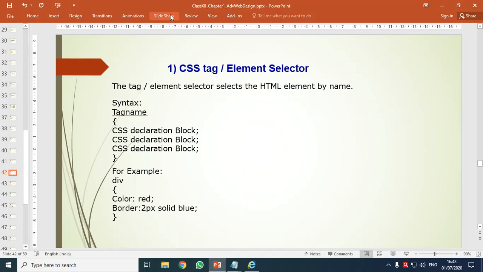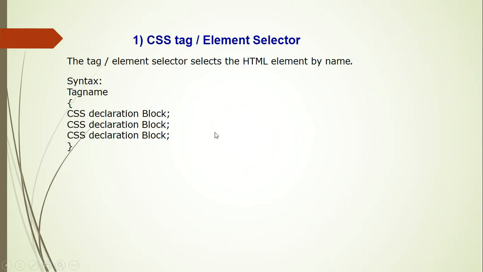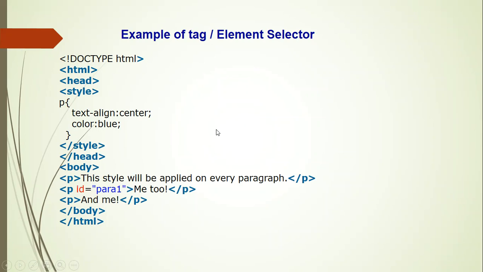Okay, what is the tag selector? The tag or the element selector will select the HTML element by name. We have seen the practical demonstration. Let us go further. I've put up an example here, same as what we did, and the output over here. Now, if we have understood tag selectors, let us proceed further to the second selector called the class selector,